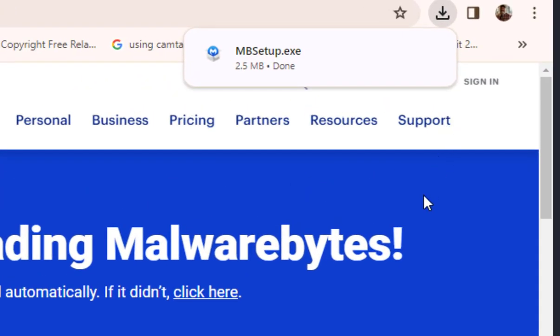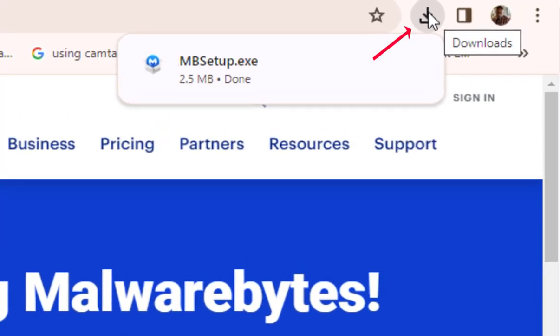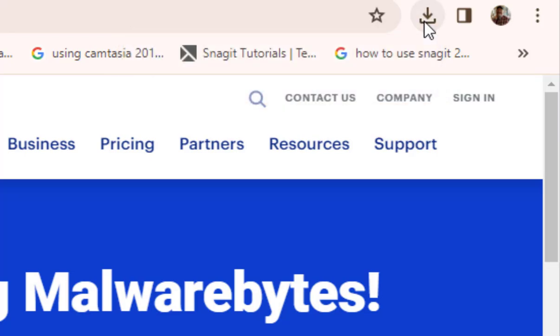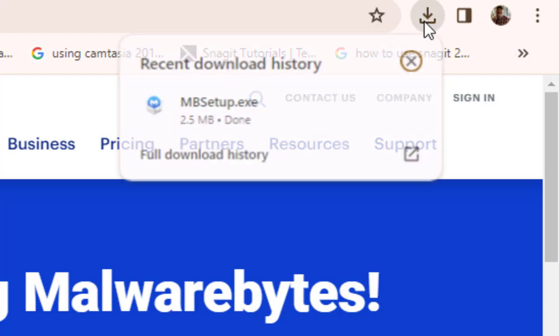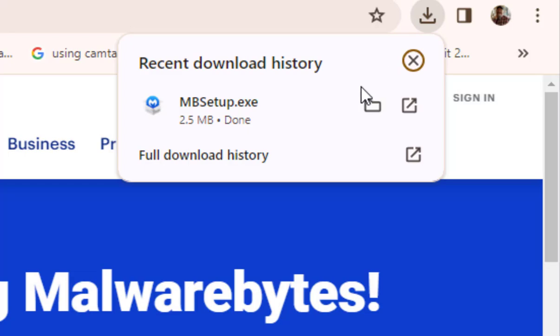Once we've clicked on that, you'll notice on the very top right-hand side there is a circle showing an arrow pointing straight down. We just want to left click on that. And once we've left clicked on that, we'll click on it twice. And then once we've clicked on that, we can click where it reads